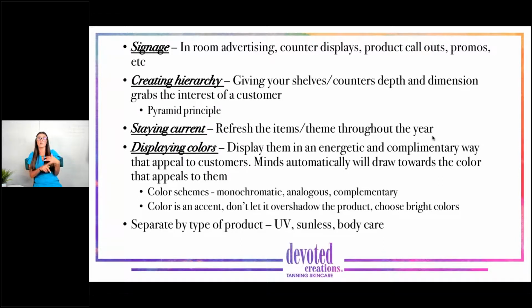So color schemes, you've got your monochromatic, your analogous, your complementary colors. So all these colors that go together. Monochromatic would be kind of your black, whites, and grays. So what kind of color scheme are you going for? Remember, color is also an accent. So you don't want it to kind of overshadow the product. You don't want to try to create a whole greenery scene behind Enchanted Emerald. You really want Enchanted Emerald to kind of stand out a little bit more. So what are the complementary colors that go with green and white is really what you would look for